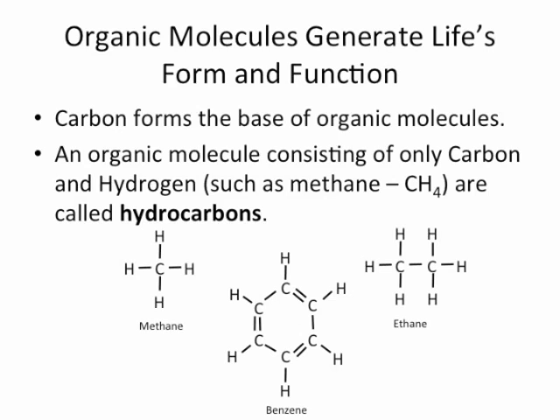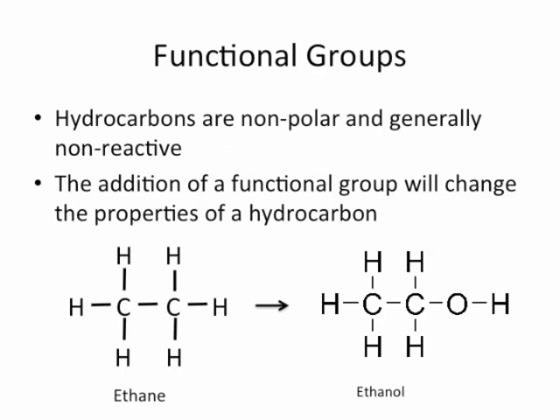So what do you think I could do to change the structure of something like ethane to make it polar? Do you know of a bond that is highly polar? A covalent bond between what 2 atoms? All right, hydrogen and oxygen, hydrogen and nitrogen. If you added an oxygen atom, or you added a nitrogen atom, you could change this into a polar molecule. Adding something like oxygen and hydrogen, you're adding something called a functional group.